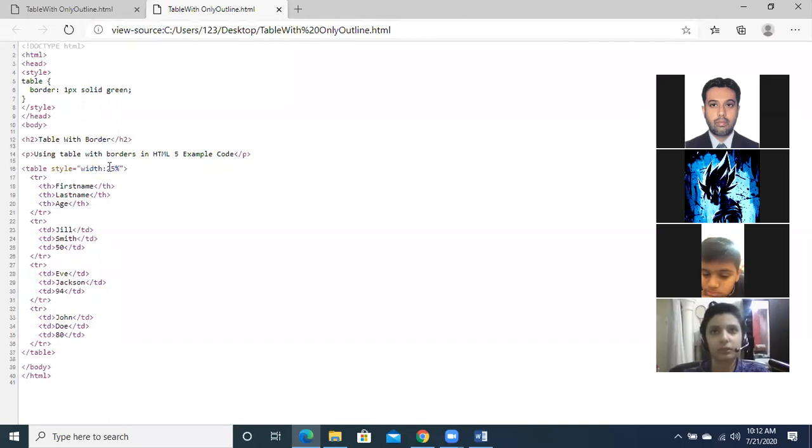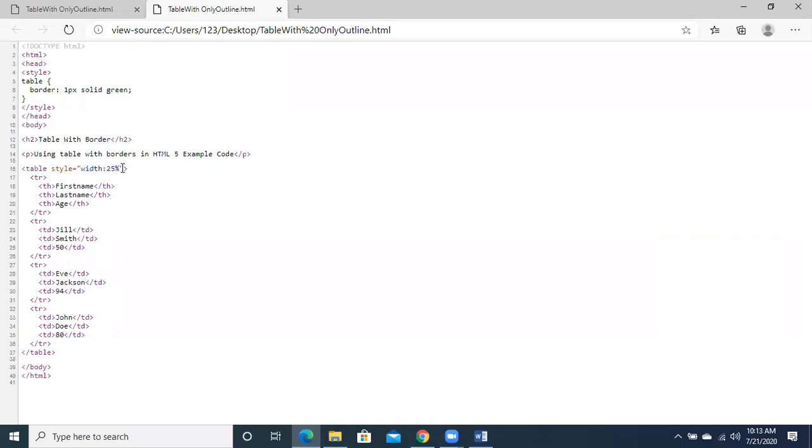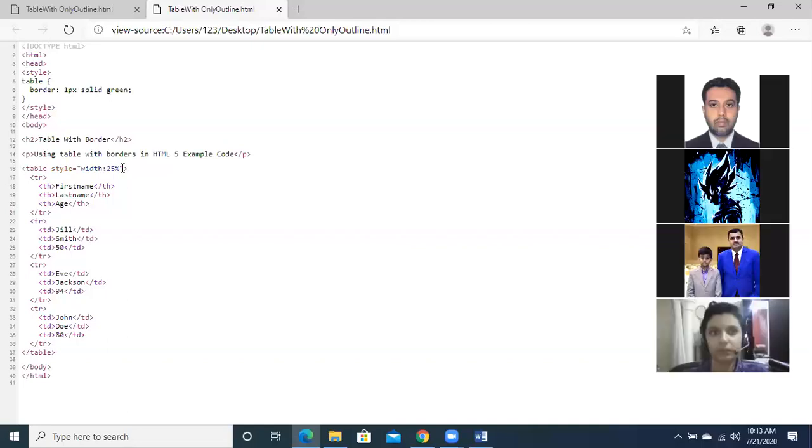Not the complete 100% of the page will be utilized for the table, so the table breadth will be 25% of the total width of the page. If I change it to 100%, then it will stretch up to the total width of the page. We will do this change and see what happens.